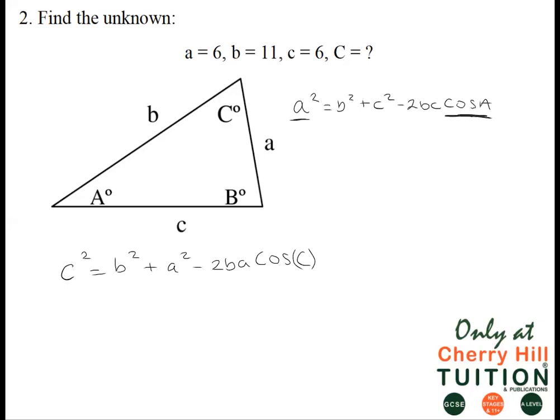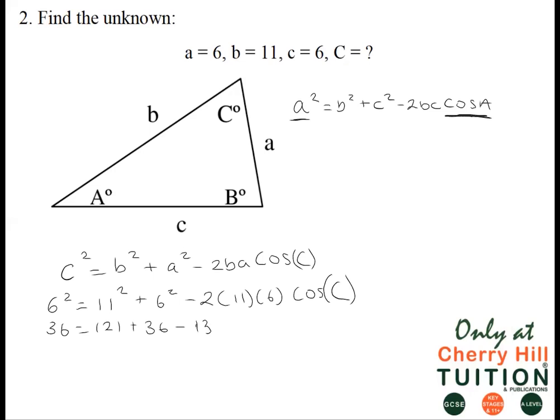So we have c squared, which is 6 squared. This is equal to b squared, which is 11 squared, plus a squared, which is 6 squared, minus 2 multiplied by 11 multiplied by 6 cos of C. Now all we need to do is rearrange and make C the subject. So let's simplify this as much as we can. So 6 squared is 36, 11 squared is 121, plus 6 squared, which is 36 again. And then we have a minus 2 multiplied by 11 multiplied by 6, which is minus 132